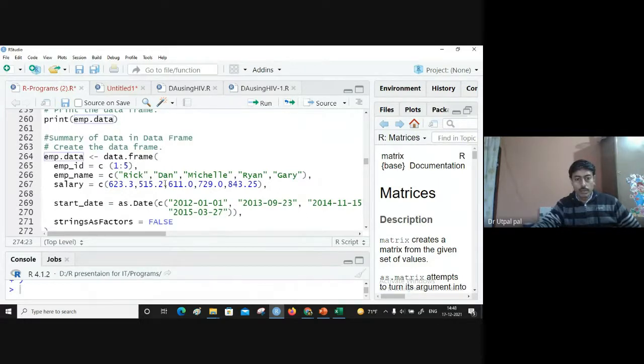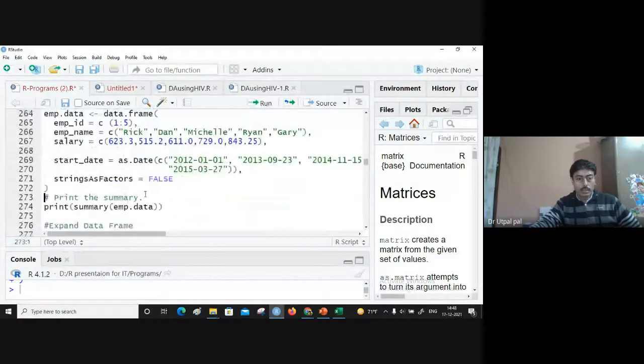So what is the maximum salary? What is the average of the salary? That we can get. Let me run it. Now the summary function will give you complete detail about the data.